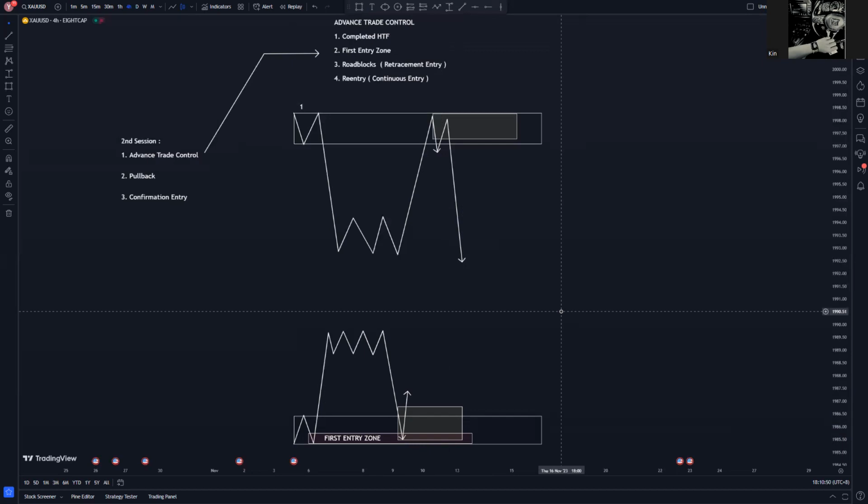So for now, you guys don't need to worry about, okay, will we miss the entry if the price doesn't make a pullback? Nope, because we are going to take the entry somewhere over here. How to take the entry, I'm going to teach you guys inside of this topic. But for now,